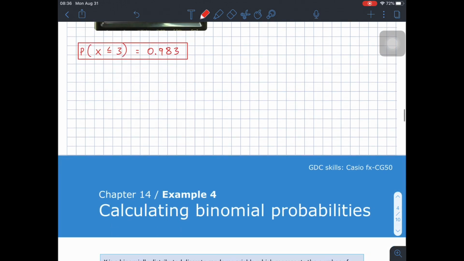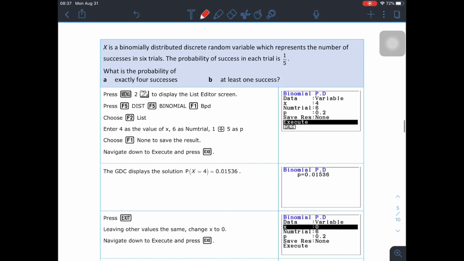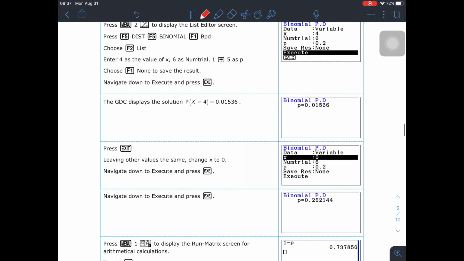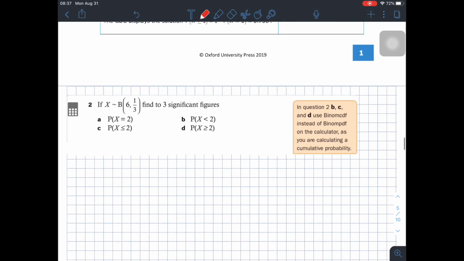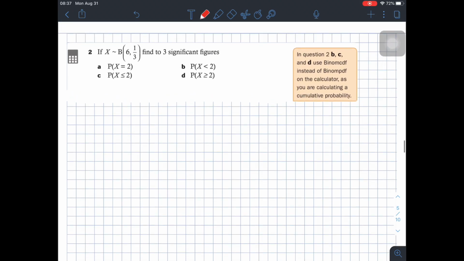So what we're gonna do today, here you also have some instructions for using the calculator in this particular example. And today we're gonna keep on working with more examples about this. Okay, so I'm gonna be showing you how different problems of binomial distribution can be presented and how to solve them. You're gonna see that most of them are solved in the same way. It's just using the same